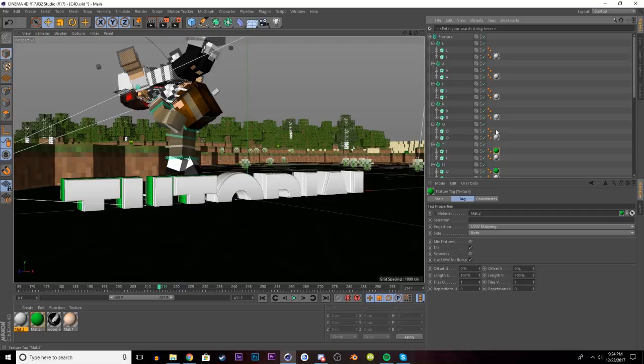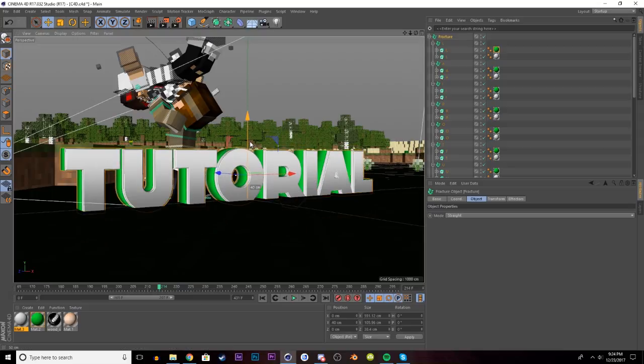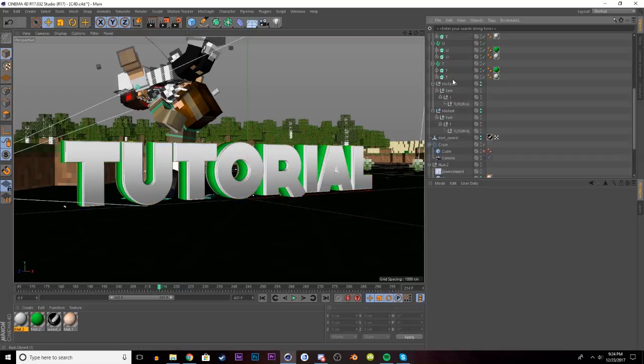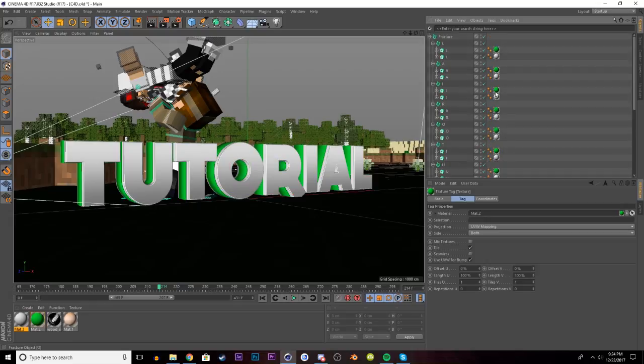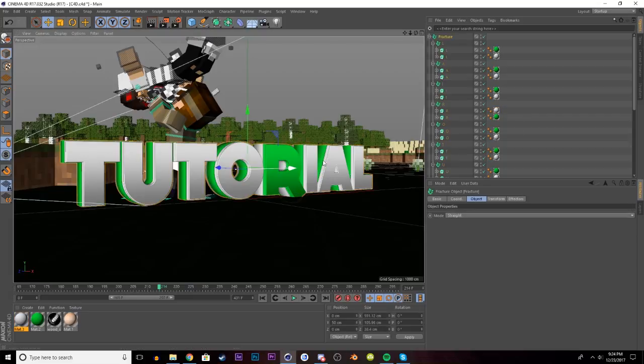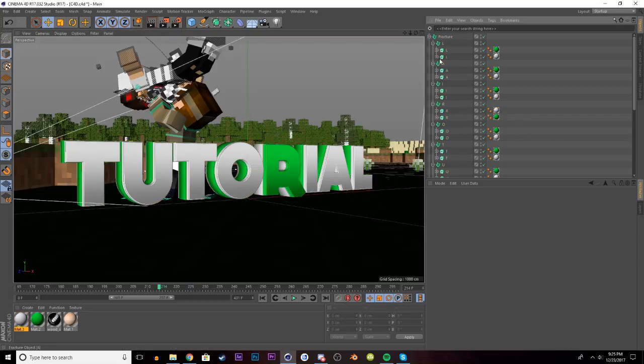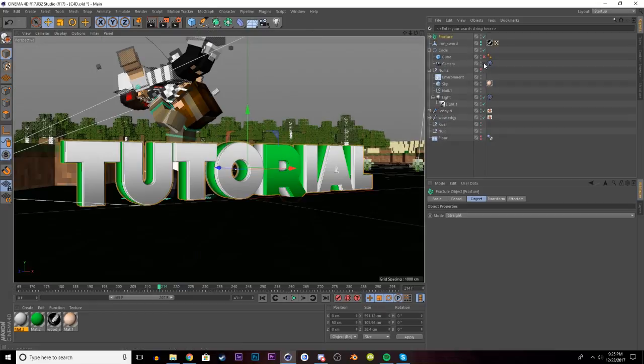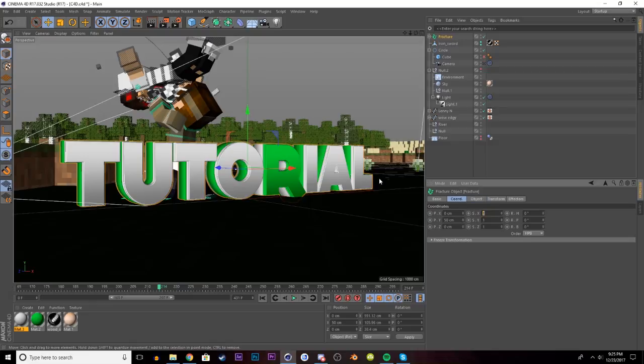Okay, so since you have everything separated into their own letters now, you can delete the MoText, and then you can switch the materials around on one of the letters, and it kind of looks cool. So now you reposition your text. Wait, you changed this back to 0.6, 0.6. Yeah. So now that you have your text all fancy,